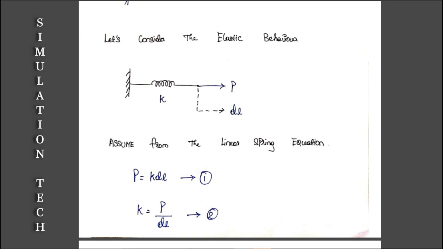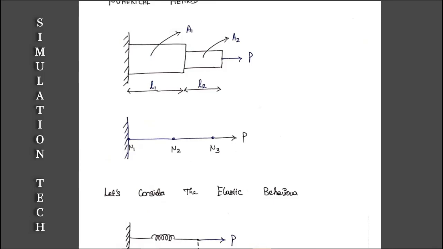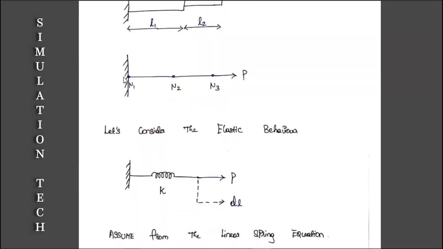Why should I write this equation here? In our problem statement, these two cases are similar in behavior, right. When I have a tensile bar and apply a force, it will elongate, and if I remove that force, it will get back to its normal state. Similarly, if I have a linear elastic spring and apply a force on one end, it will expand, and if I remove that force, it gets back to its original state. Both behaviors are similar to each other, so I can use the linear spring equation to solve these problems. That is the ultimate concept: I can correlate different problems together, right.